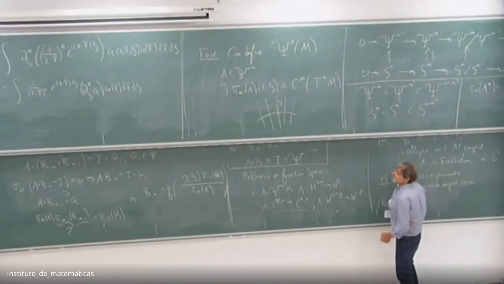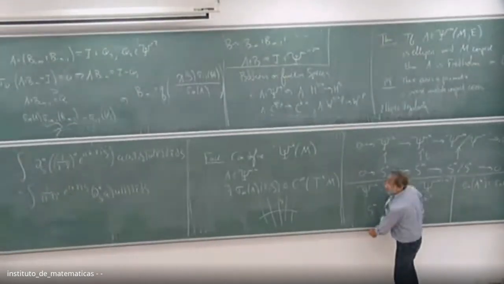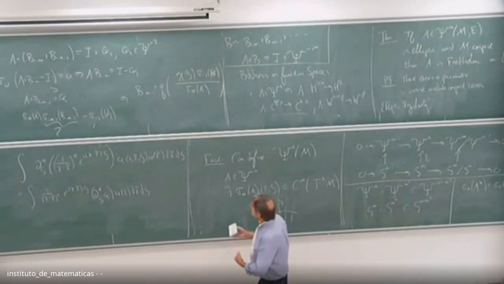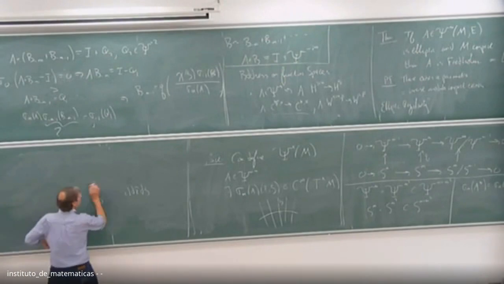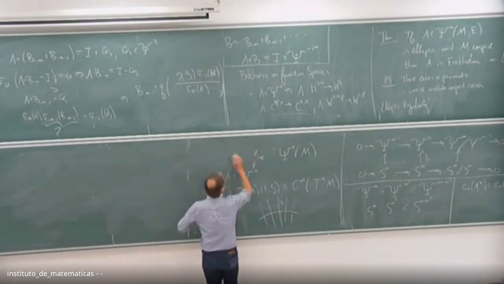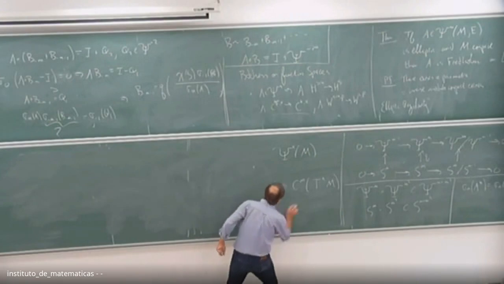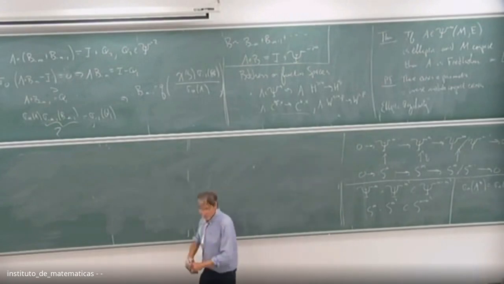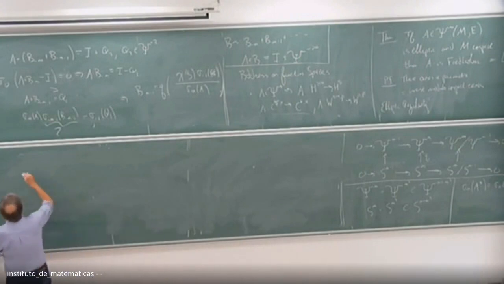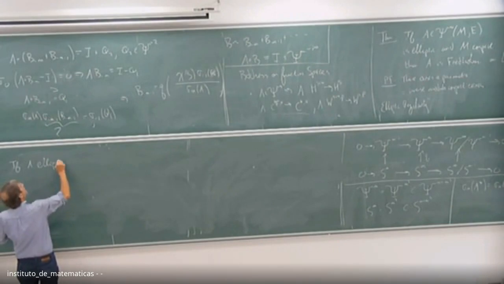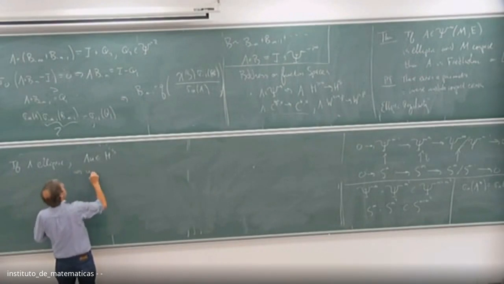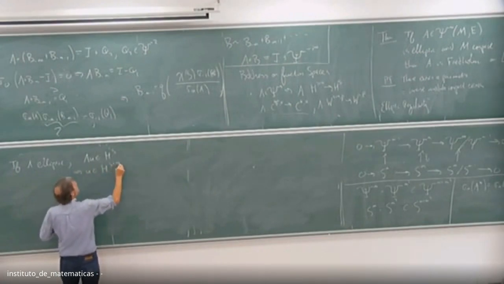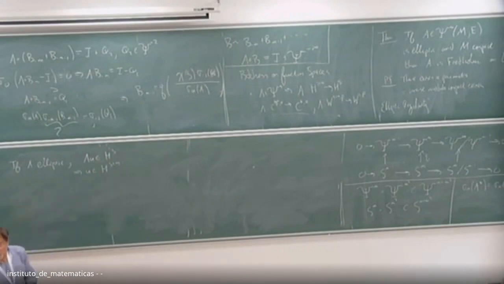Maybe I'll state this, I'll write this on the board up here. So elliptic regularity gives you a precise statement about how singularities are related for if you have Au = f. Okay, so elliptic regularity says that if A is elliptic, and A of u is in H^s, then u is in H^(s+m), with corresponding statements for Hölder spaces and L^p spaces.